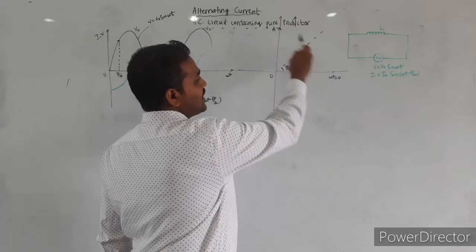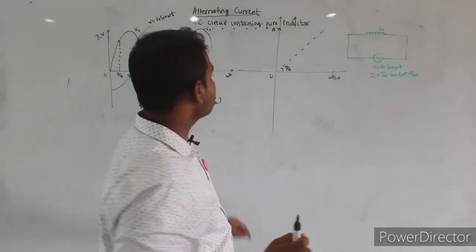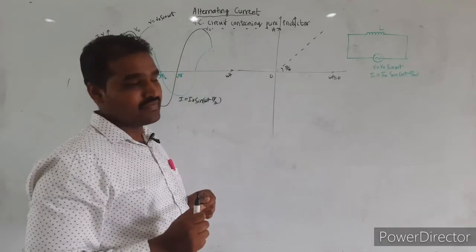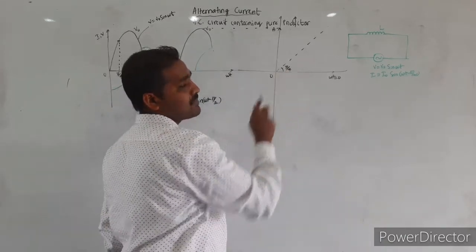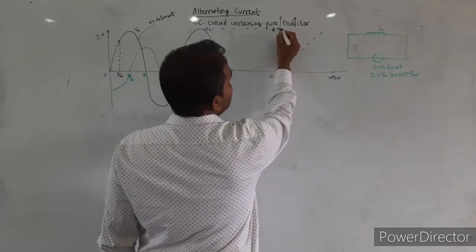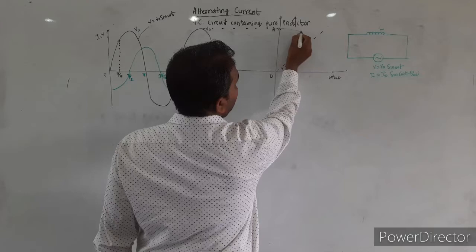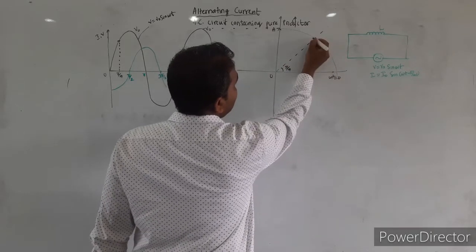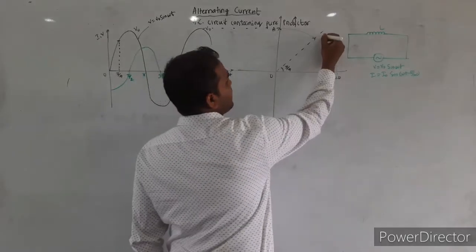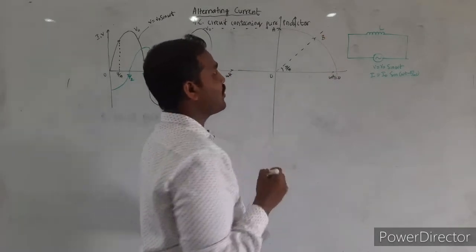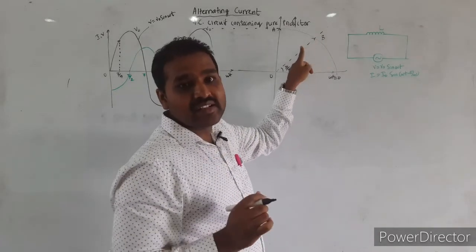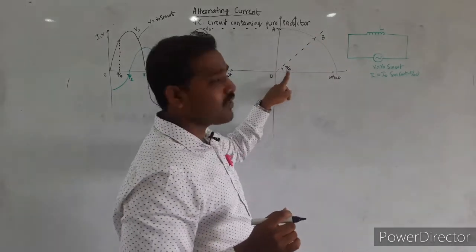Like this, the phasor will be rotating for 360 degrees for one complete cycle of this alternating voltage. This is another way of representing the variation of voltage. So what we can do, just rotate this for 90 degrees. This will cut here, the intersection point comes somewhere here. This point I can write as OB, this point as B. This vector OB represents the alternating voltage when the angle is 45 degrees.